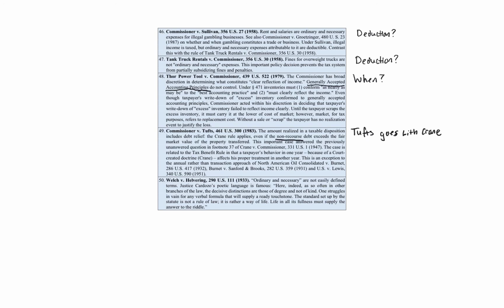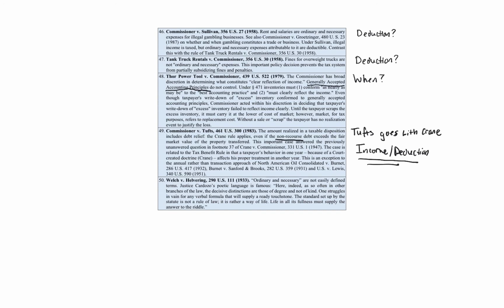The value of the property is $180,000. So the question is, in your amount realized, what do you include? You include the value of the liability, whether it's recourse or non-recourse. Because you would use $200,000, not $180,000. You would use the liability when the liability exceeds the fair market value. That's what Crane and Tufts says. Crane focused on recourse, Tufts focuses on non-recourse. Boom. So what does that deal with? That deals with whether you have income or deductions, right, for losses is the main aspect of the case. Calculating the gain or loss is really what it is.